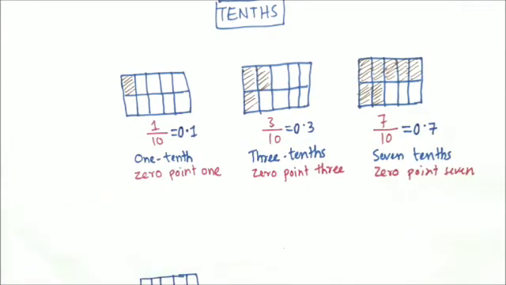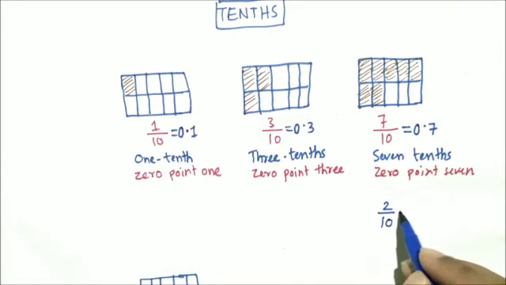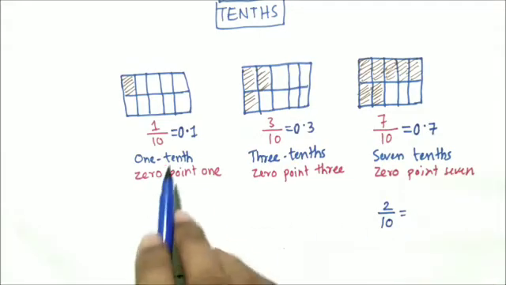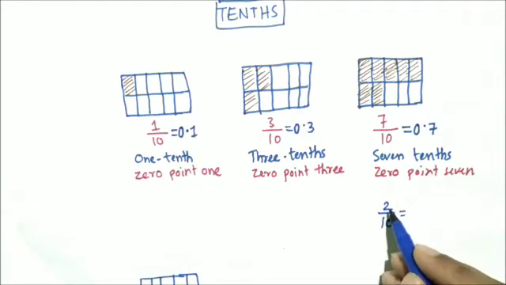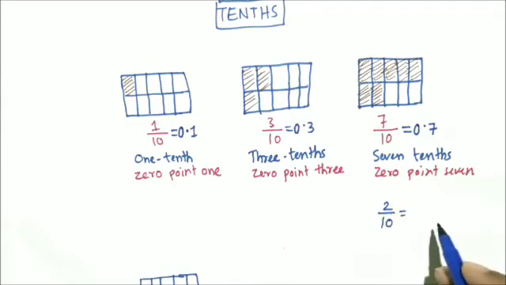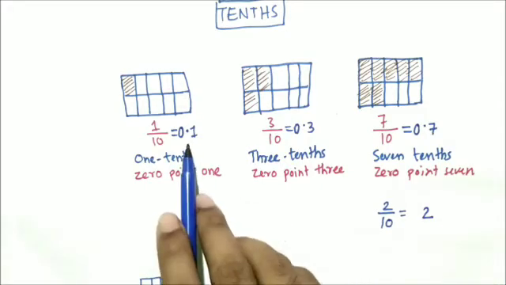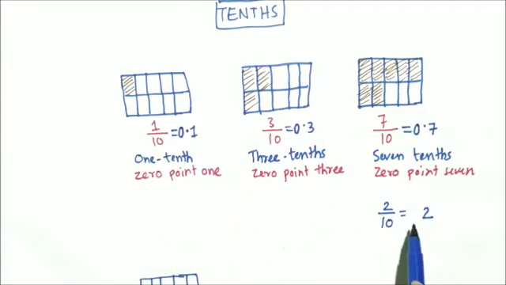Now a question for you, what will be the decimal expression of this 2/10? Yes, it is read as 2/10. Now how can we convert this to a decimal point? Just write the numerator. The numerator is 2 here, and since the denominator is 10, we will put a point. This dot is known as a point. Since the denominator is 10, we will put a point just before one digit, so one digit here we will put the point, and to decorate only we can write a 0 here.